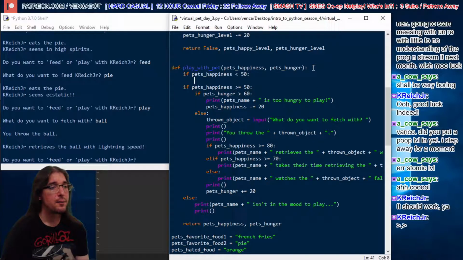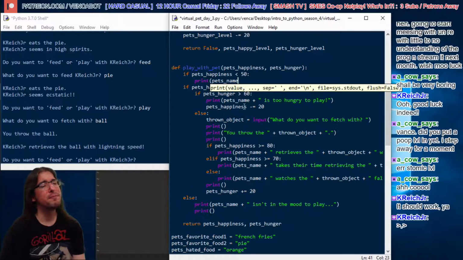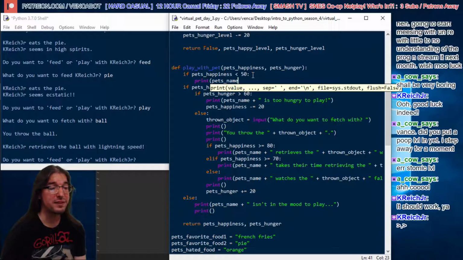Then we can say here, print, well, we have to have the pet's name. But look, it knew what the pet's name was. So there's something going on here with this pet's happiness level. It's all right. I've been kind of worried about this all night. It's about scoping. So Kenny was wrong, right? We're using globals here on accident. I don't know why it didn't work earlier with pet's happiness. Whatever. So we're saying here, print pet's name plus isn't in the mood to play,